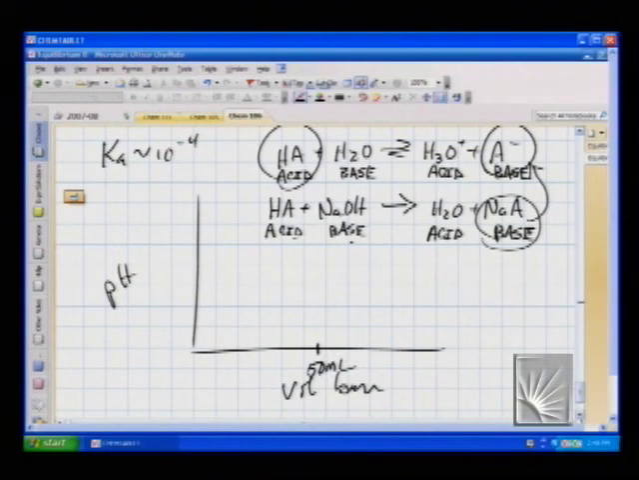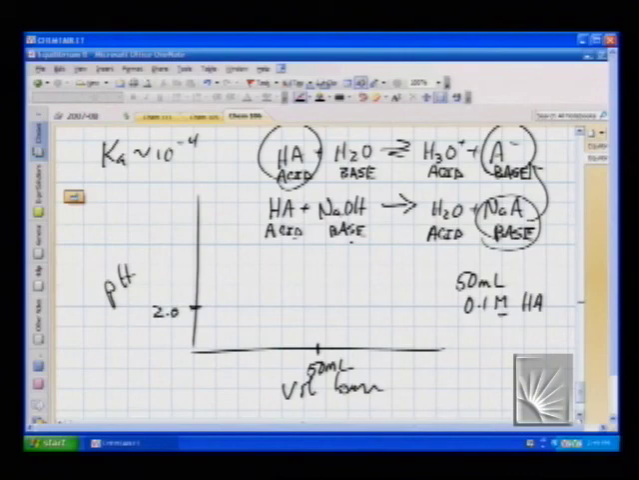if we start with 50 milliliters of 0.1 molar HA, first of all, do you start with an acidic or a basic pH? HA is a weak acid, so therefore you have to start with an acidic pH. Is it going to be as low a pH as a strong acid? No. Not likely. So we're going to start up here at about 2,